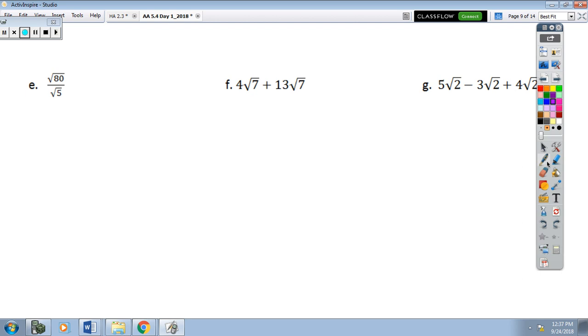And then for E, what would we get? Julian? 4. 4. We should divide these and get the square root of 16. And that gets me 4. All right, put a nice big, like,